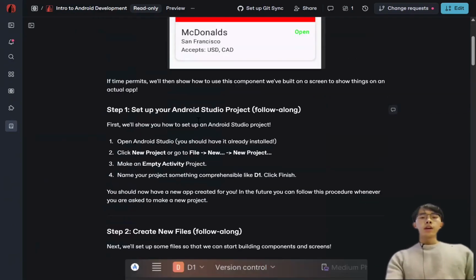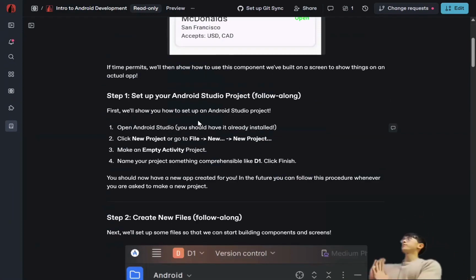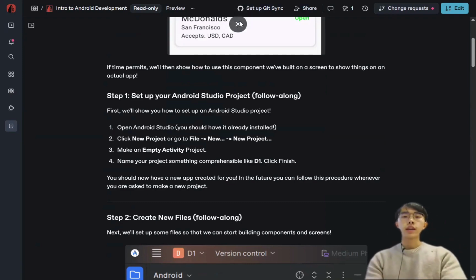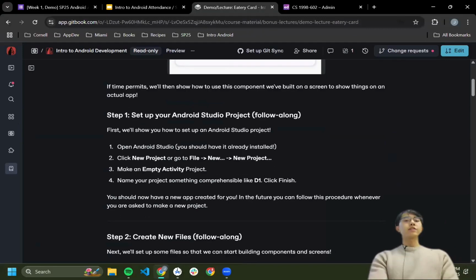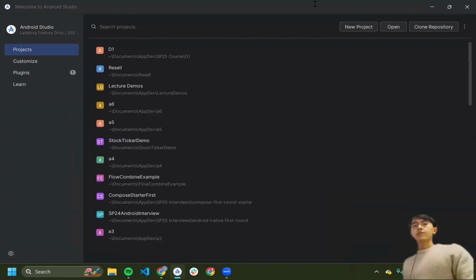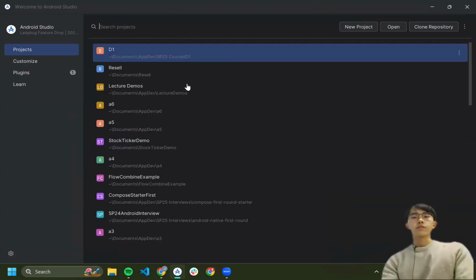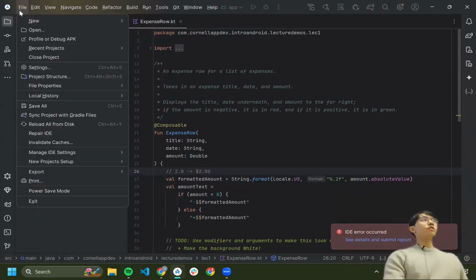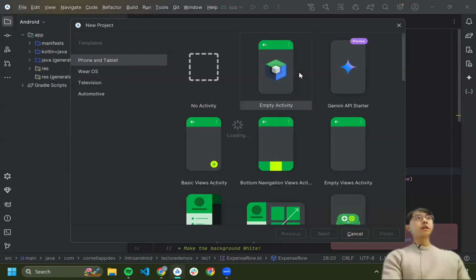For now, we will go over a sort of walkthrough at the beginning of this. And again, for this demo, we have a little bit of a setup that we will help you with in the beginning. So to get started, make sure everybody opens up Android Studio. Once we are there, we'll give everybody a little bit of time to catch up, but you'll likely be greeted with this screen, or if not, a screen indicating a project that you already have open. In the case that you're on this screen, make sure to go to New Project and it'll open up a set of options for you. Otherwise, let's say, for example, I already have lectures demos open. You can go to File, New Project, and then get to the same screen.